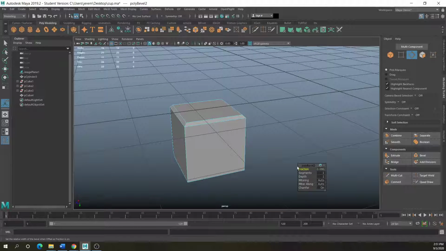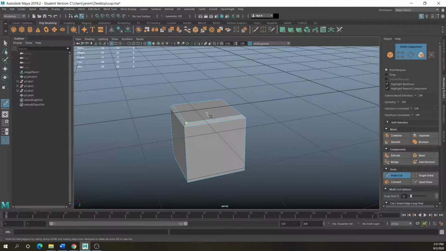Which can get a little crazy, but it's very handy, you can create divisions with the multi-cut tool. So basically what I'm doing is selecting a vertex, then selecting another vertex, and if you press enter, now you have a division there. You also need to deselect it by hitting that off there.